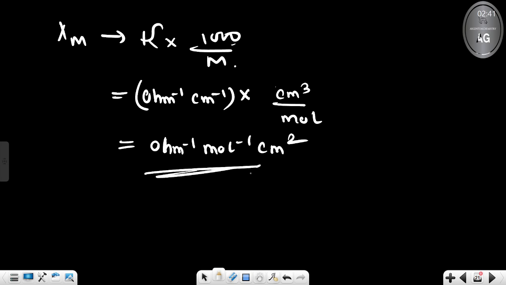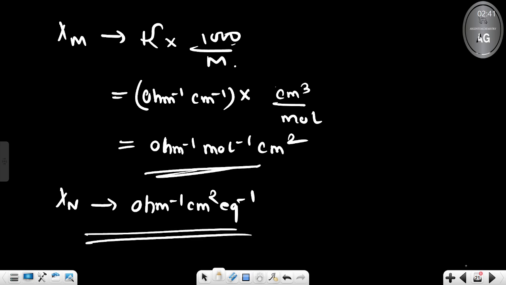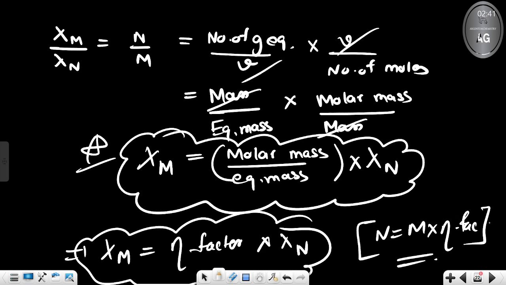I know it is a little bit difficult to remember. It is your choice, you can remember it or not. You can find it out in the exam, no problem with that. Similarly, if I want to find the unit of lambda n, it is the same unit with just one change: instead of mole inverse, it will become equivalent inverse. Clear? Because mole will not come, equivalent will come, but centimeter cube will come. Done. These are the units of these two, and you have to remember them. Okay. Next